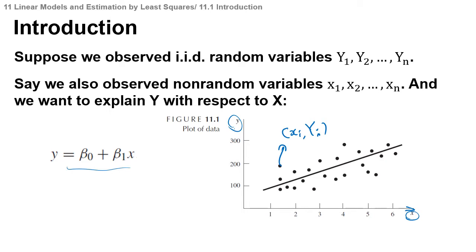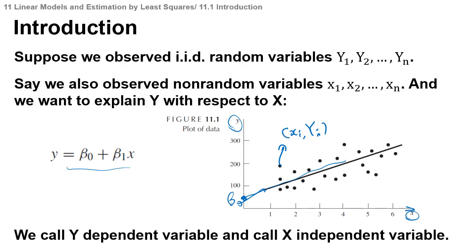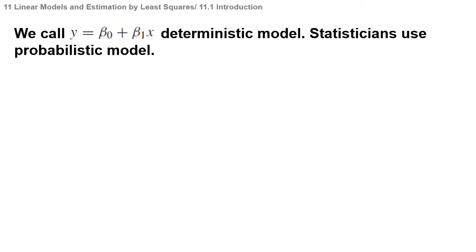Y equals beta 0 plus beta 1 x. So beta 1 is the slope parameter and beta 0 is the intercept term here. Okay, and we call y the dependent variable and we call x the independent variable in this situation. And also we call y equals beta 0 plus beta 1 x